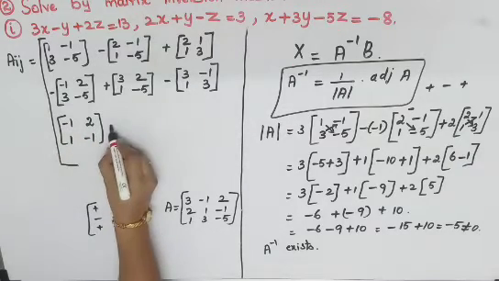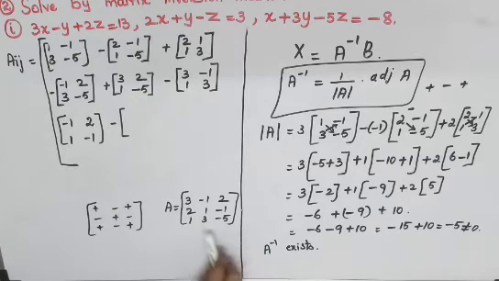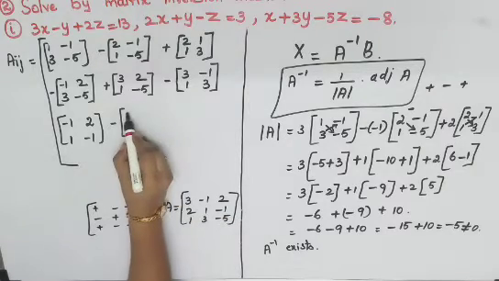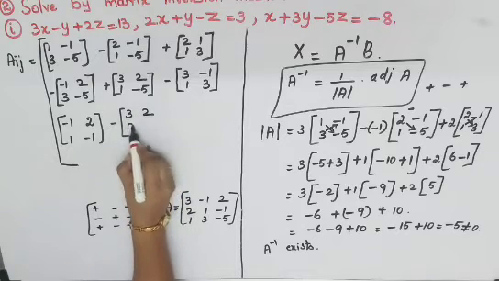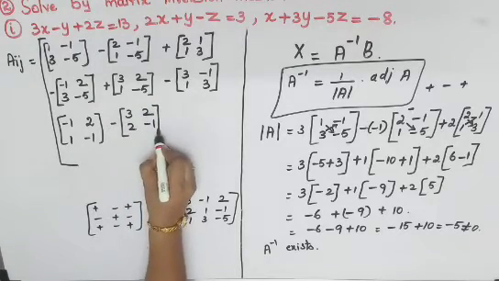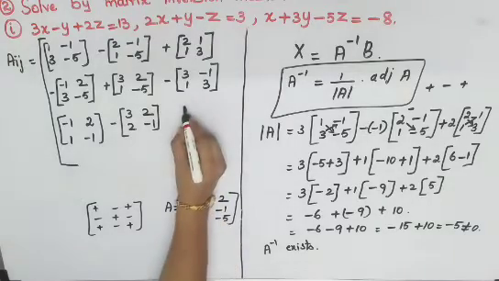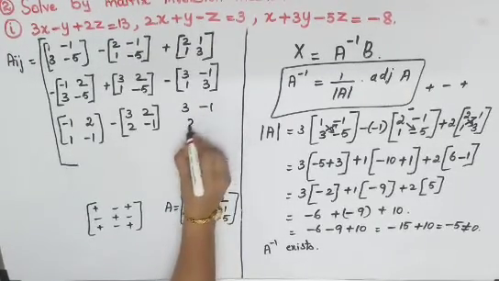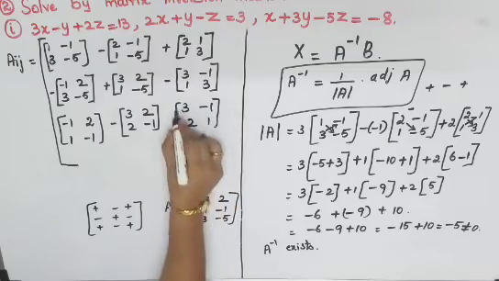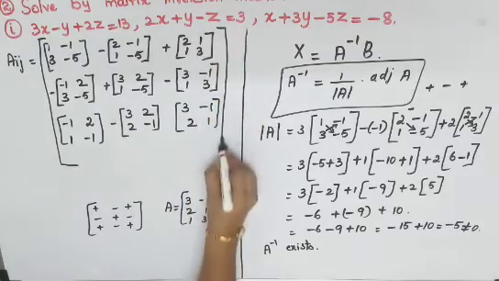Now minus is there, put minus, open your bracket. The minor of 3 has to be found out. The second column, third row has to be eliminated. So 3, 2, 2 minus 1. Then third row, third element, minus 5. Removing that column and the row, the left out terms are 3 minus 1, 2, 1. So this is your Aij, that is your cofactor of A.